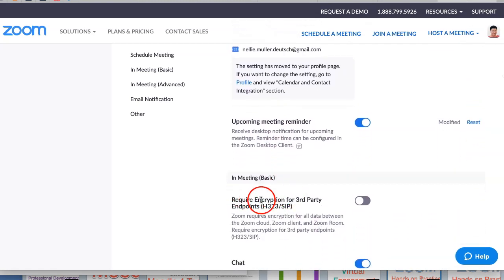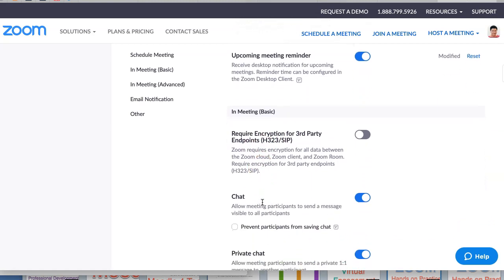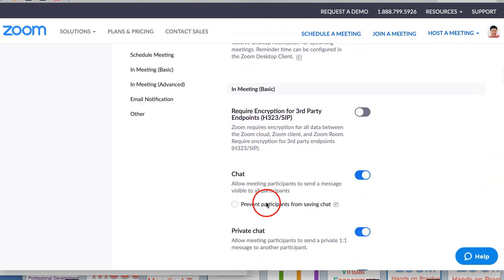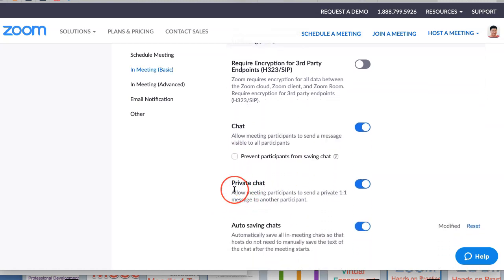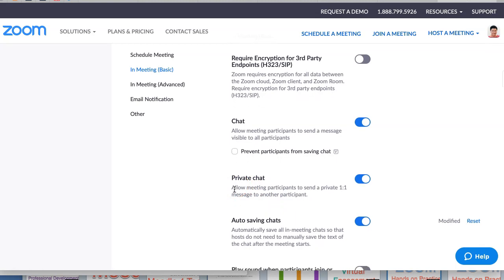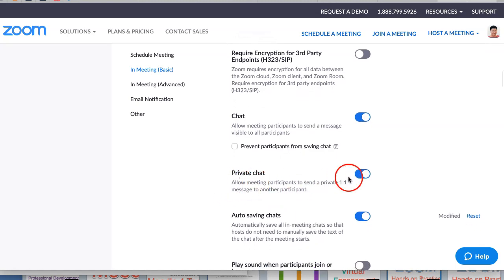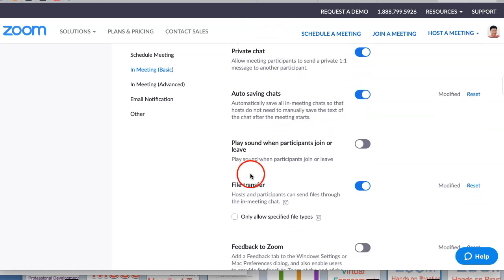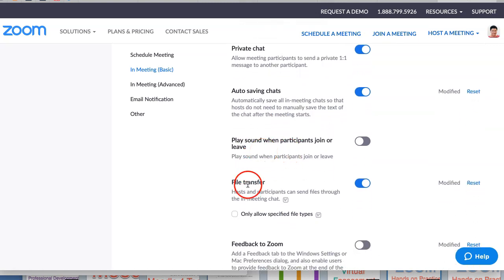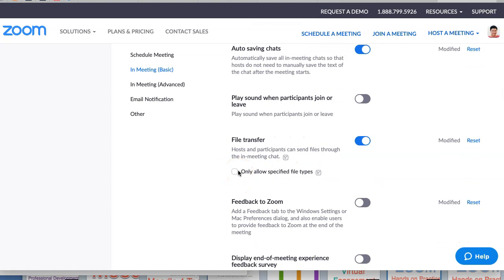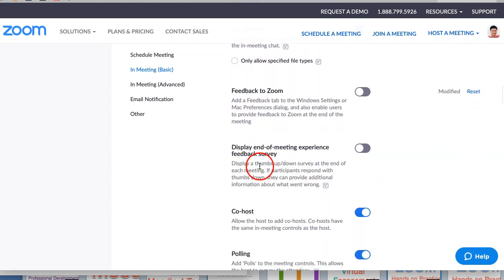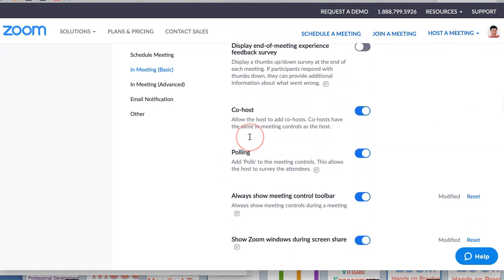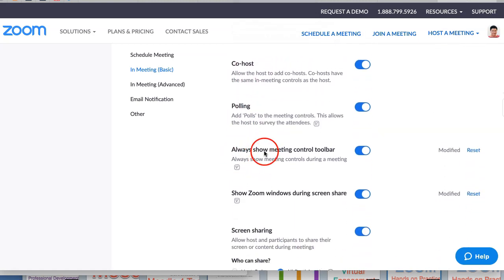And in meeting, this is basic. Require that I don't do chat. I always have. Prevent participant from saving chat. I don't see any reason for that, but you might want to for personal reasons or security. Private chat, I always have. Autosave chats. Play sound, I don't like that. File transfer, that's fine. Feedback, I don't like display. Okay, so that's it. Okay, polling